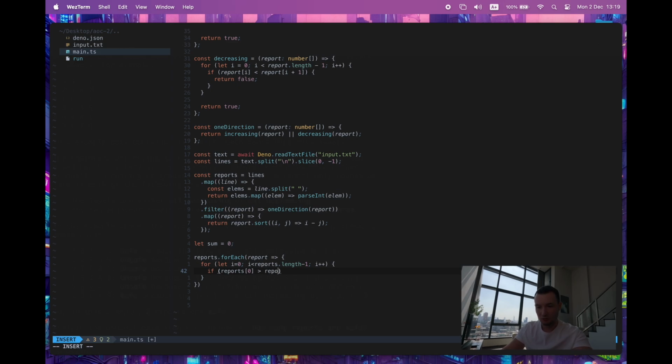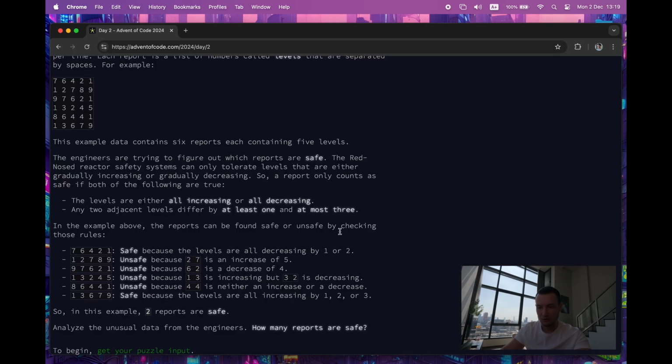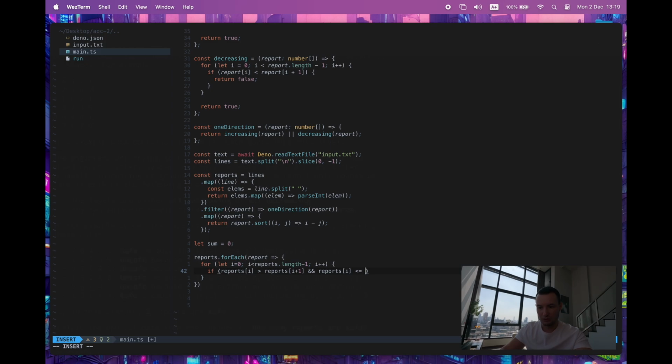So we say is greater than reports... I've done 0 again there, this should be I plus 1, because my brain thinks about the first iteration all the time. If reports I is greater than reports I plus 1, then we know that it's at least 1, but reports I also needs to be less than, this is at most 3, so less than or equal to,